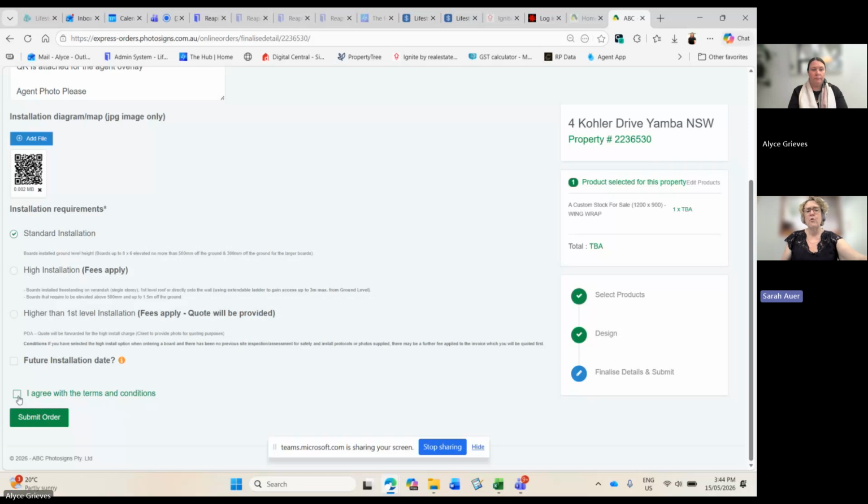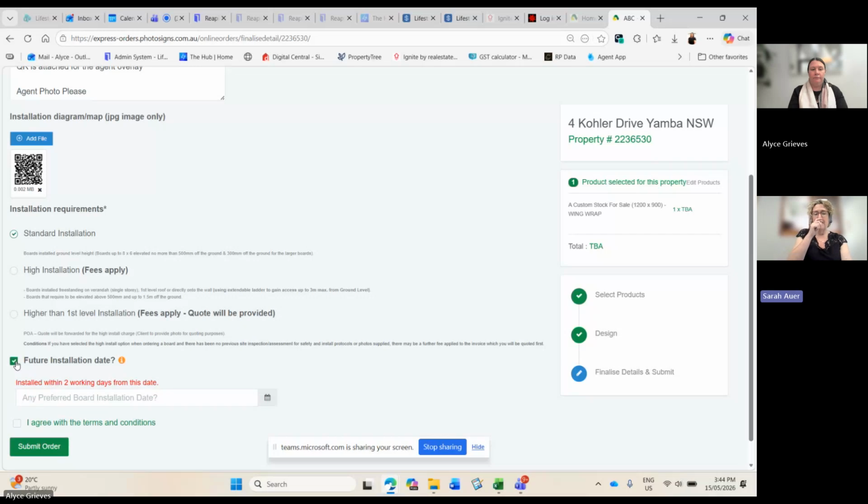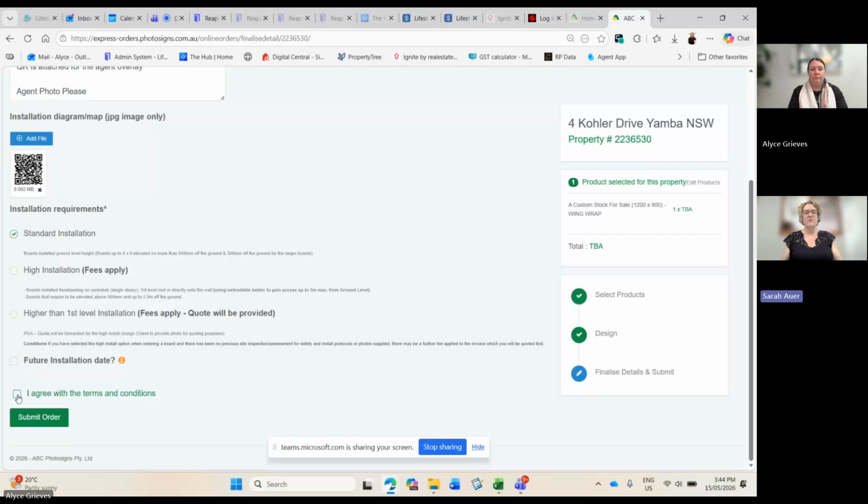Okay, and if you're ordering a signboard for future reference, you tick the box where it says future installation date and you select the date that you want in the calendar that drops up underneath that. But just be aware it's not always on that date though. So there's usually a 2-day leeway on either side. But you must select the I agree with terms and conditions, and then you click submit order, and it's as